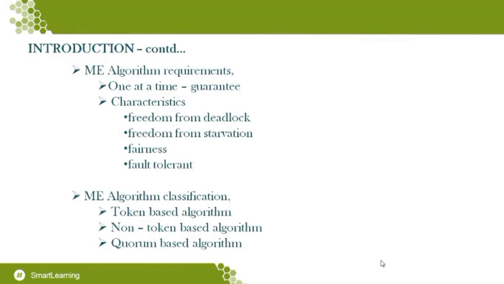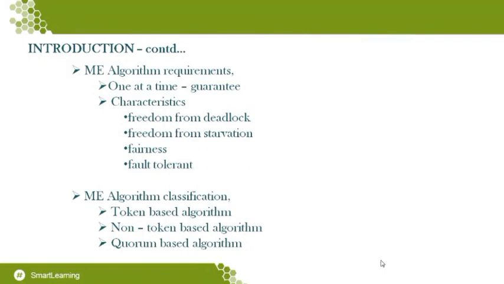There are several mutual exclusion algorithms which have been proposed, and they are classified into several categories. But before we get into those discussions, let us see what requirements the algorithm should satisfy. The first thing is that it should guarantee that only one of the processes enters the critical section, and all the others at that time mutually exclude themselves from executing their critical section.